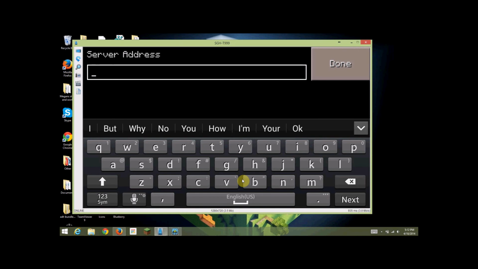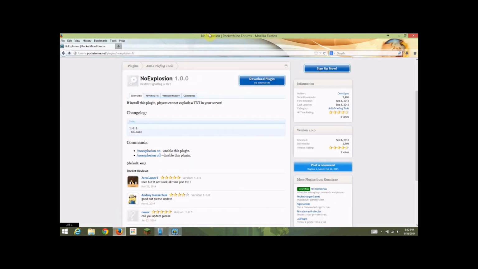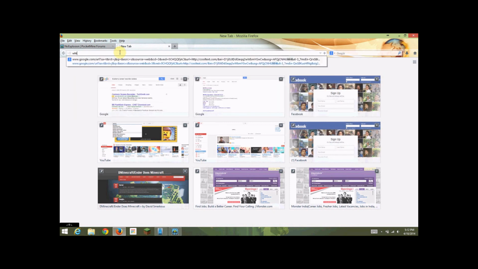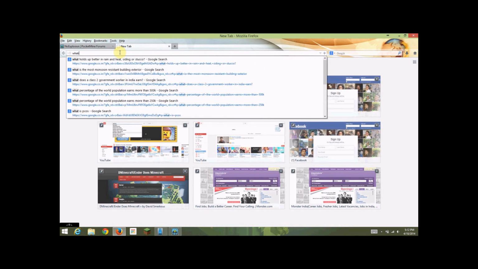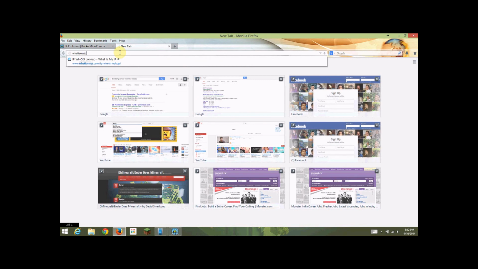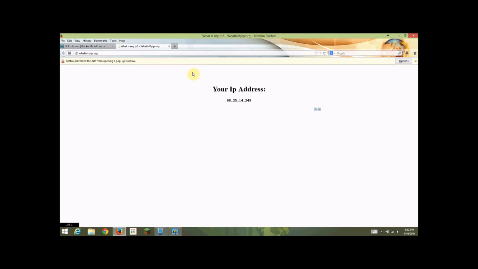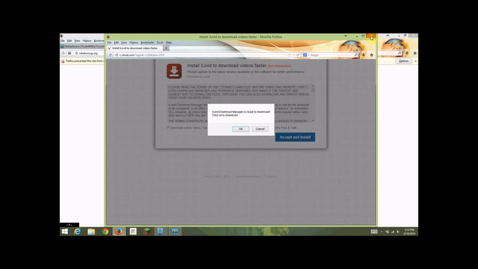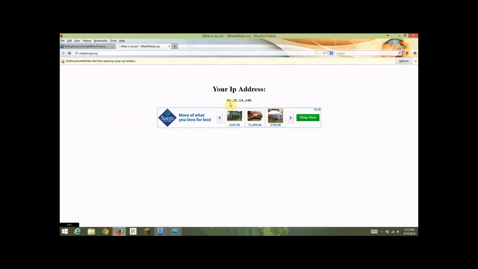The easiest way to find that is you go to your web browser and type in whatismyip.org. Then you can see from here you have your external IP address, which is, mine is,